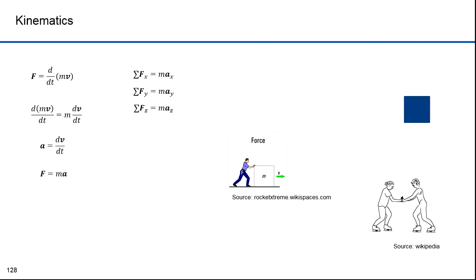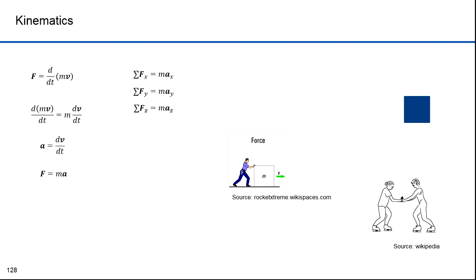Newton added one additional law to express what happens when several bodies interact with one another. His third law is, to every action there is always an opposed and equal reaction, or the mutual actions of two bodies upon each other are always equal and directed to contrary parts. The essence of the third law is action and reaction. When you push on anything, it pushes back on you with a force equal in magnitude in the opposite direction. The third law is a law of interactions.